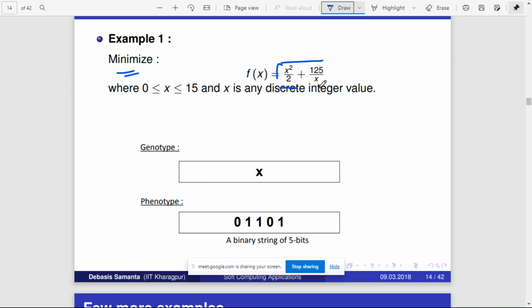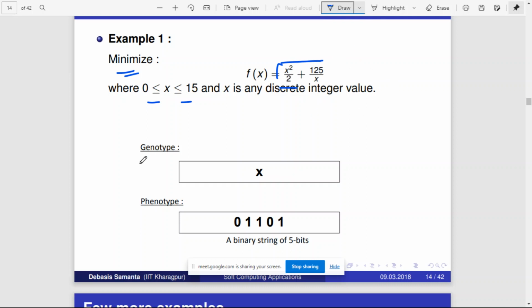Okay, and also there is a constraint given here. X should be between 0 and 15. That is, it should not be less than 0, and also it should not be greater than 15. So now you can plot a graph. If you plot a graph for this, then you can identify the minimum value for x. This function will result in the smallest value. For what value of x this function will return the minimum value, you can find out.